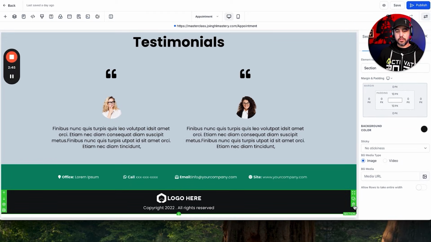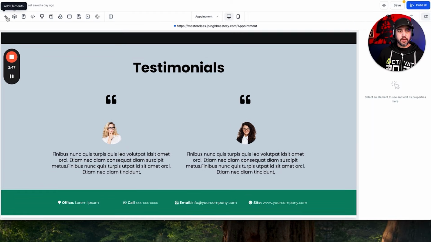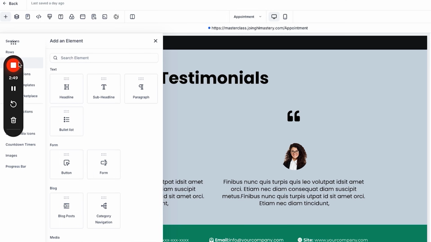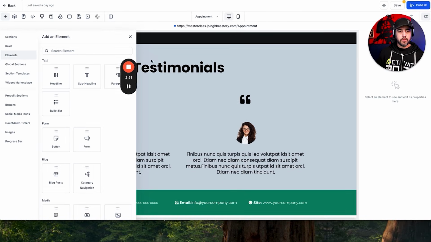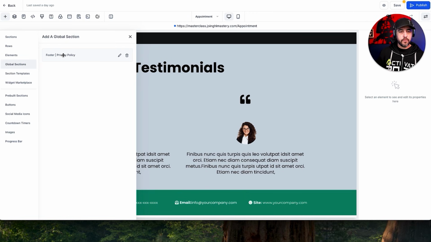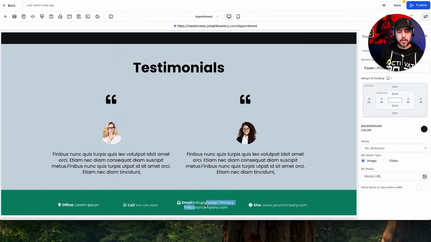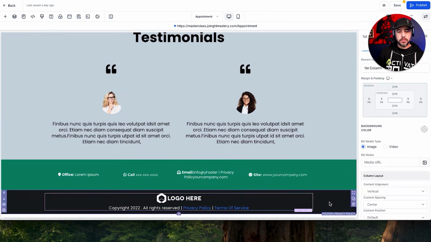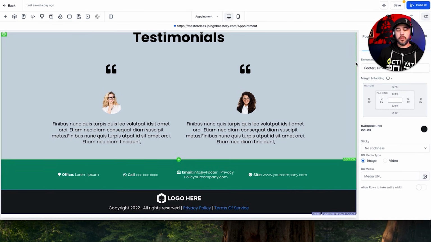So what we're going to do is just delete this current one. We're going to come over here, add elements. We're going to move the loom thing out of the way, and we're going to add a global section. So there's our footer and privacy policy there. We're just going to drag that in and drop it on the bottom. So there you go. Now our global section is on both the main page and the appointment page,